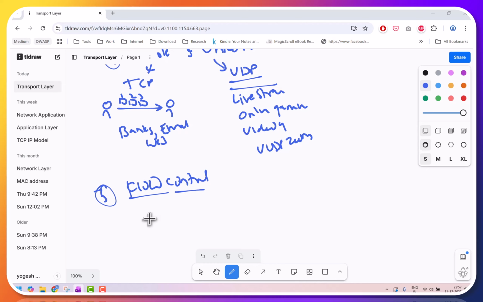It prevents overwhelming a slow receiver. For example, you have a fast system and you are sending to a system which is slow. You keep on sending data, but this slow system cannot accept the data at the same speed the sender is sending. So this is managed in such a way that the slow consumer can consume it, right? That is a task of the transport layer.